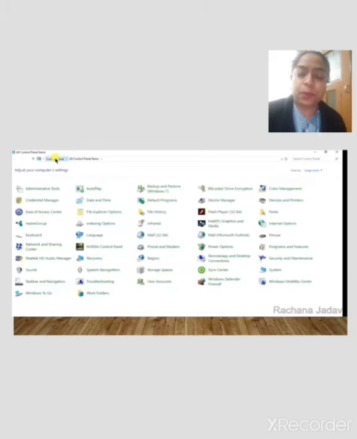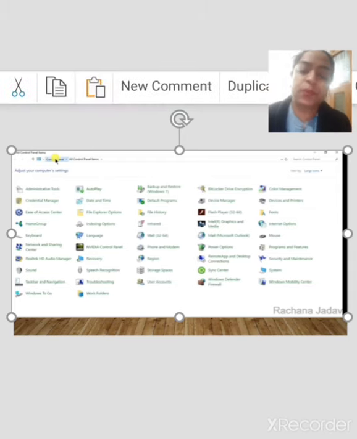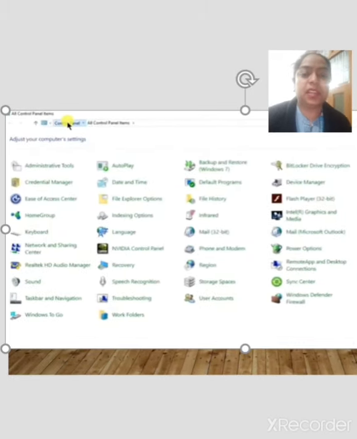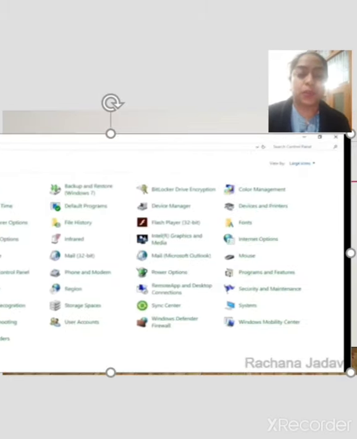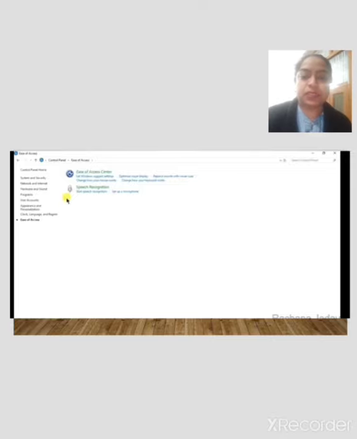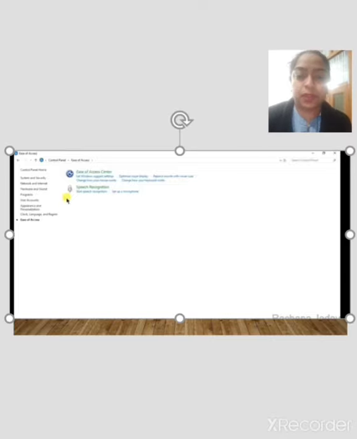How will you open that? First of all, you go to the Control Panel, and there you will see the Ease of Access options, and after that this type of screen will be available to you.